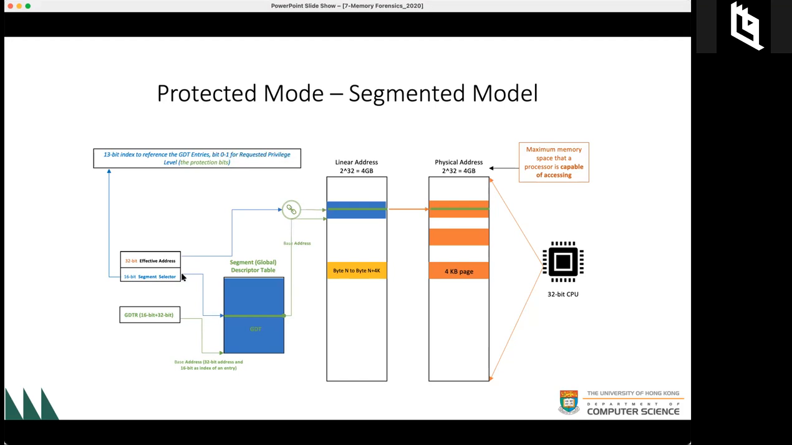If we add the effective address plus the content of a particular location of the segment descriptor table, we can see which segment they are accessing. For example, this blue one is pointing to the base address, taken from the GDT table. And then the 32-bit effective address refers to the offset from this location, and it can map directly to the physical address. And the physical address is contained inside the